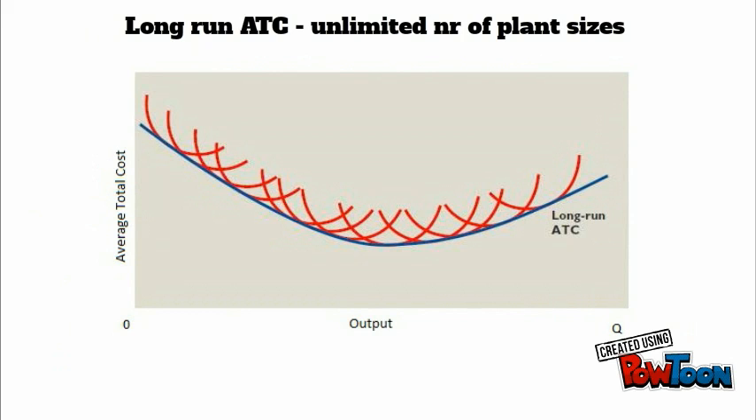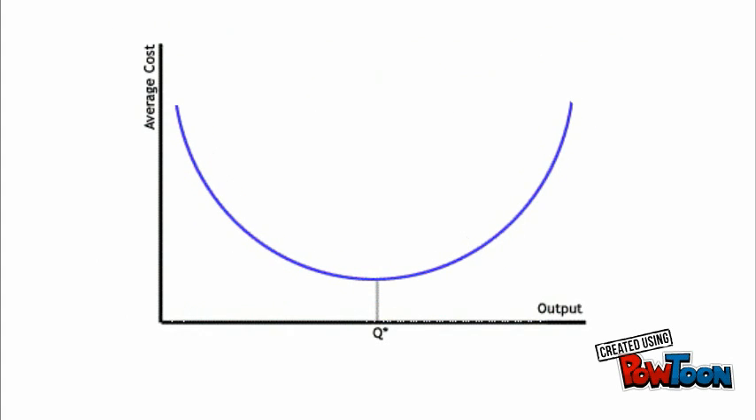However, in many industries, the number of possible plant sizes is virtually unlimited. Graphically, this implies an unlimited number of short-run average total cost curves, one for each output level. Seen from the graphs, the average total cost curve is U-shaped. We will further on see that the shape of the curve in the long run is caused by economies and